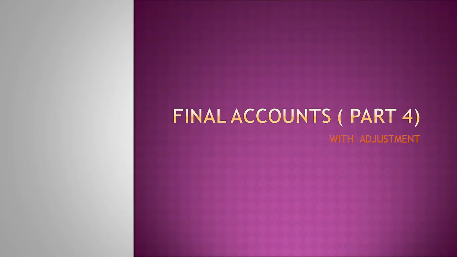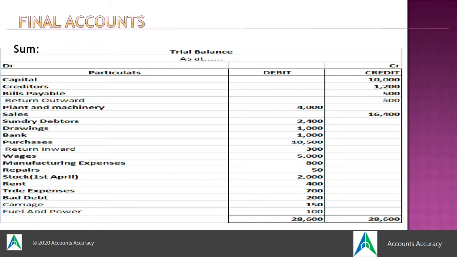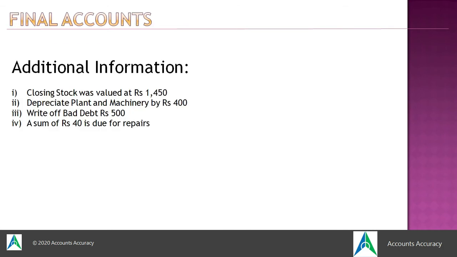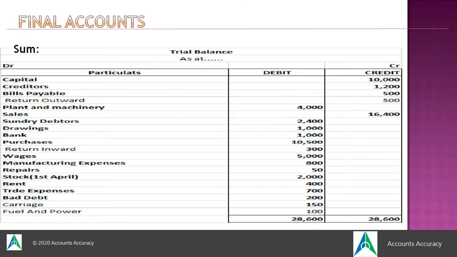Children, I had already told you the entire full sum will be explained to you in the next video. So let us see how a final accounts full sum is done. Actually, in the question, you get a trial balance and in the sum, you are supposed to make the final accounts. For that, basically, you need to know how the adjustments, that is the additional information provided in the sum, will be adjusted in the final accounts.